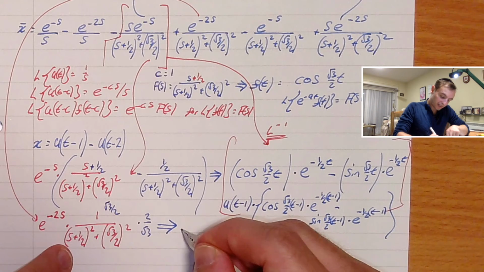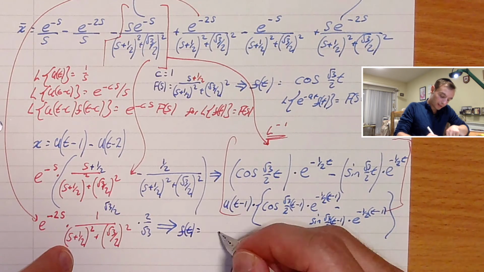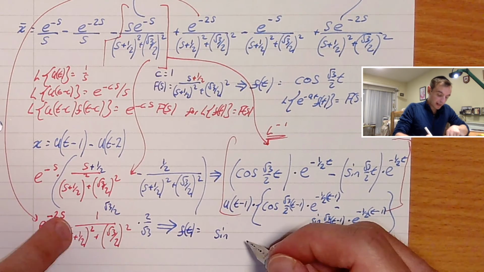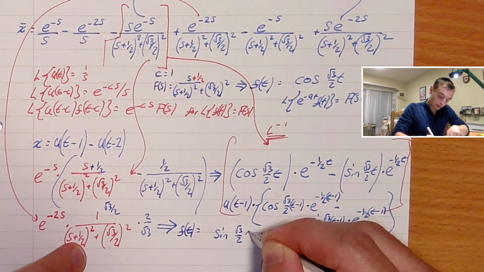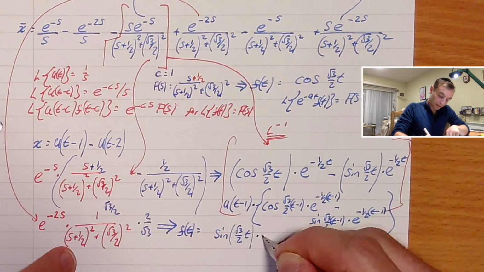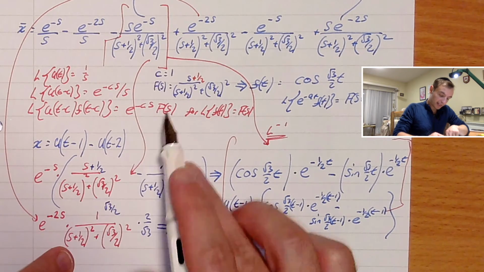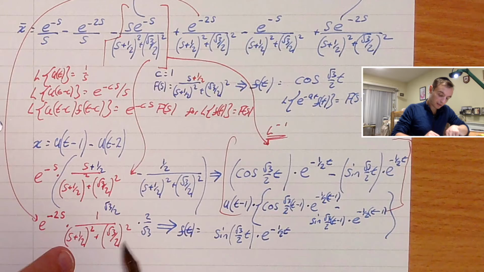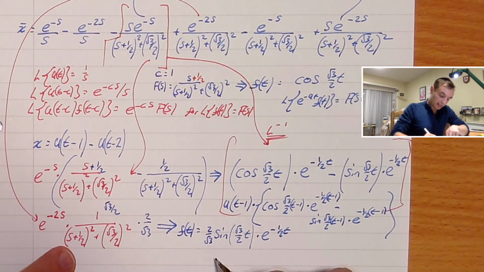We know that f of t, therefore, must be sine root 3 on 2 t, yeah? And then there's a shift, dot e to the minus 1/2 t going on as well. So that's f of t. So therefore, the total inverse Laplace operation, e to the minus cs f of s, remember this is f of s. Oh, and remember we have to multiply this by 2 on root 3 as well to get it back to normal, is going to be